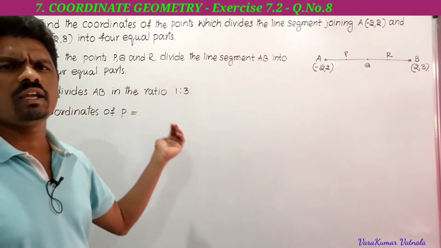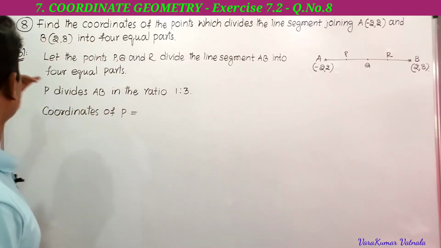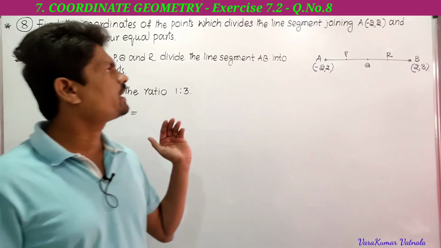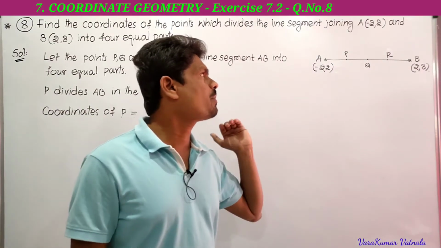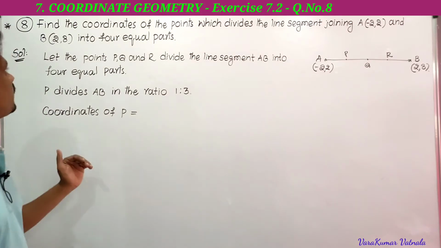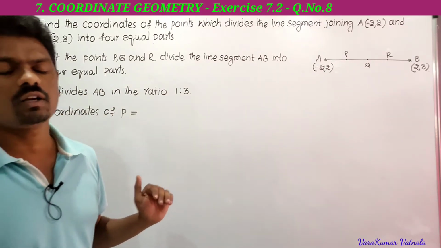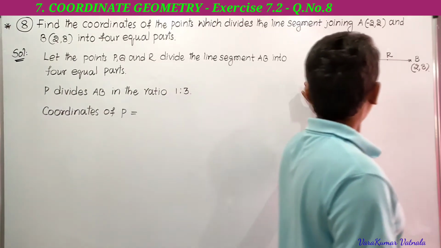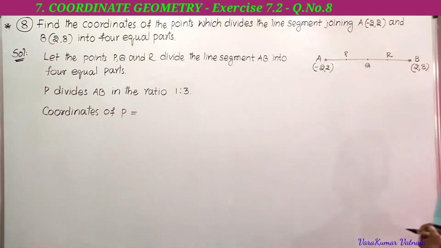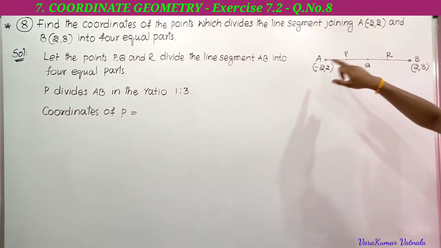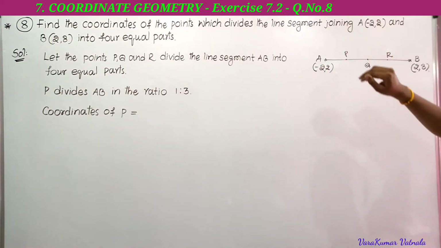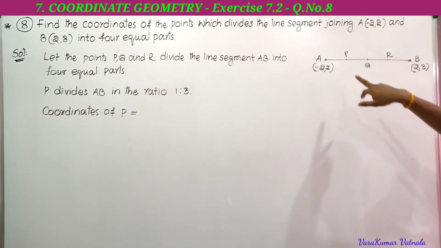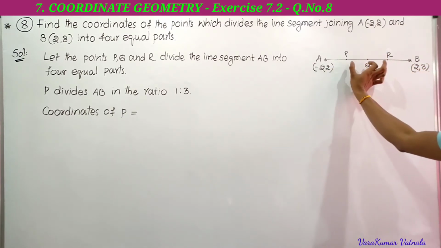This is the 8th problem in exercise 7.0. It is the same as the 7th problem. Find the coordinates of the points which divide the line segment joining A minus 2 comma 2 and B 2 comma 8 into 4 equal parts. So here A is minus 2 comma 2 and B is 2 comma 8, the line joining the points A and B. Let P, Q and R be the 3 points which divide the line segment into 4 equal